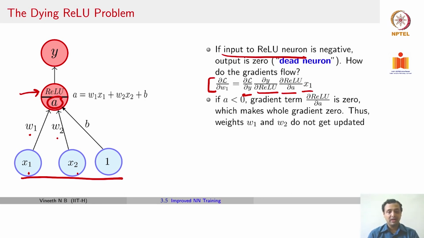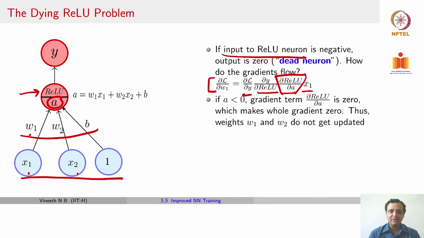Because the input A is negative, ∂ReLU/∂A would straight away become 0, and none of these weights would get any contribution through the ReLU activation, which means those weights W1, W2 may never get updated. They stay the same and this cycle could continue. For example, if W1 and W2 were negative,